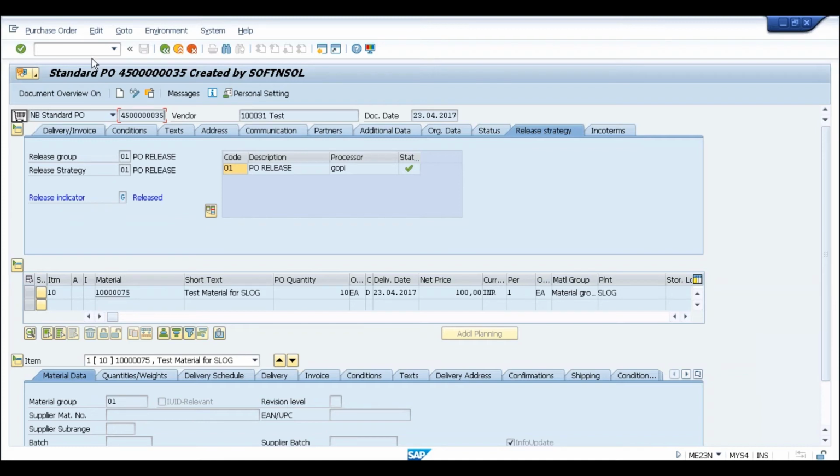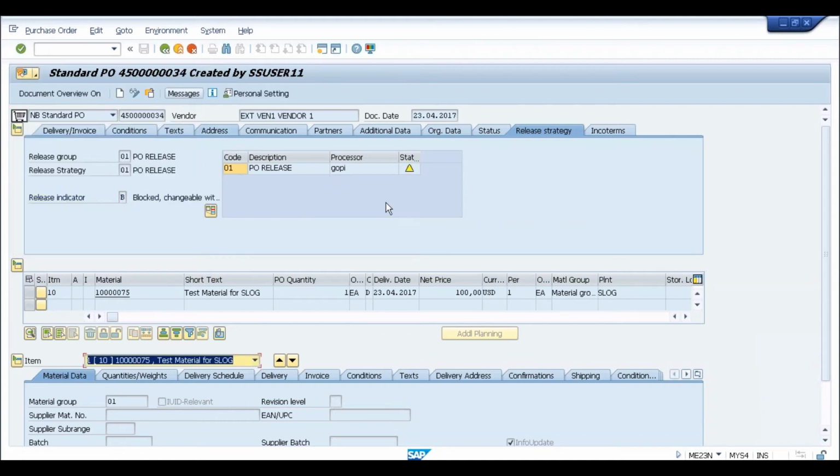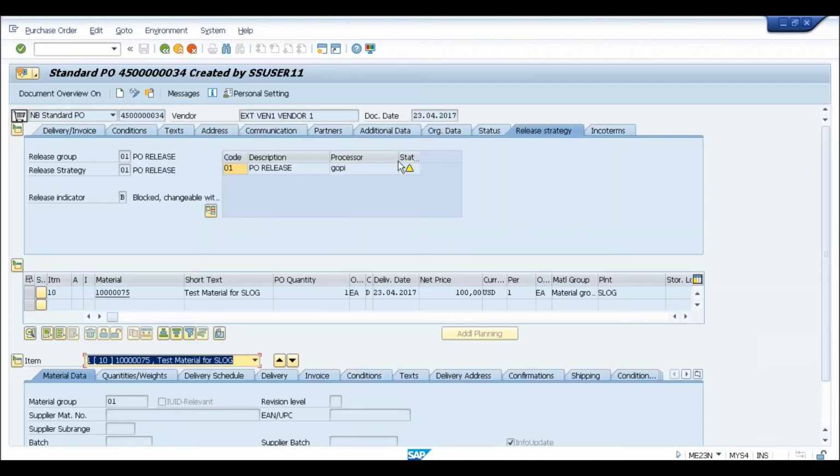Before you go into that, sorry, this is Ravi. Yes, Ravi. Just one quick question. Can you pull up purchase order 34? Okay, let me see. Yes. And go to the messages. It is not available because this is not released as of now. Okay. Can you release it? Okay.